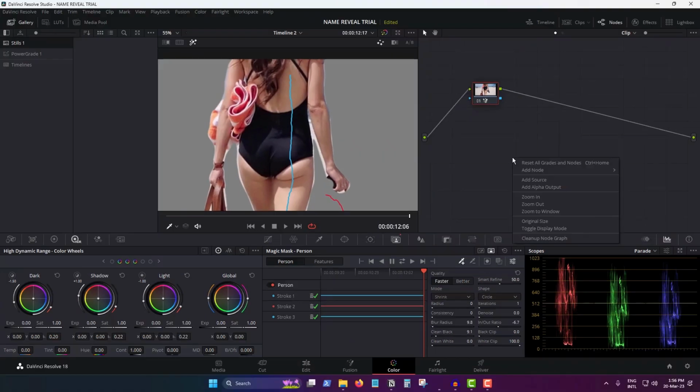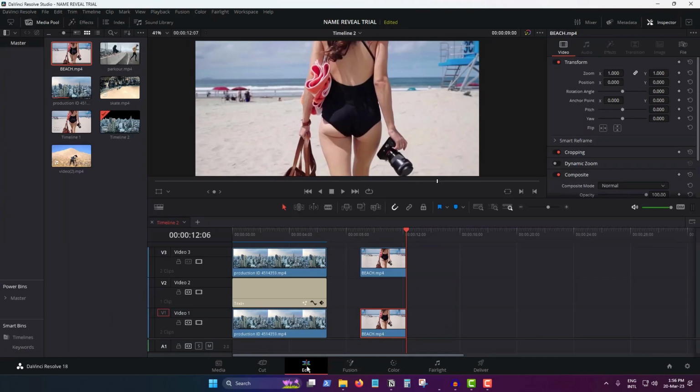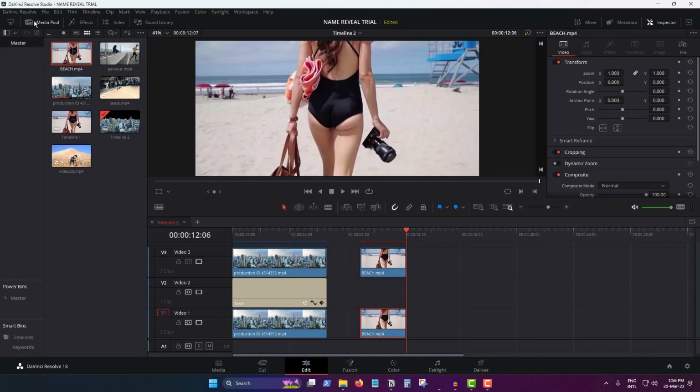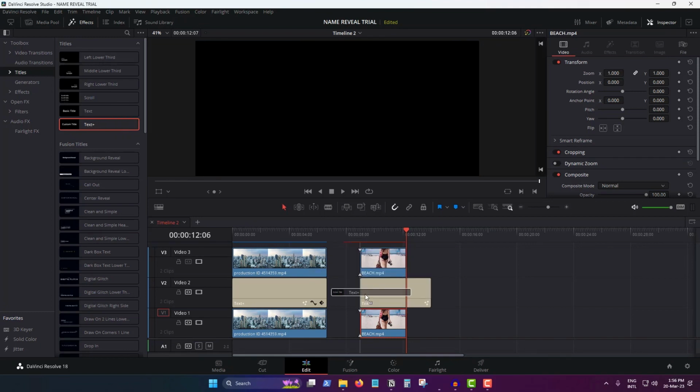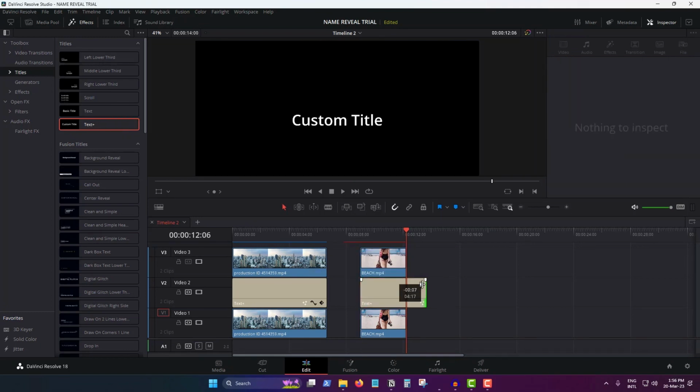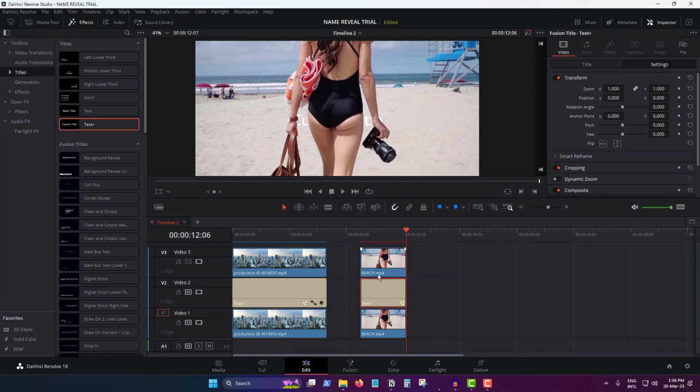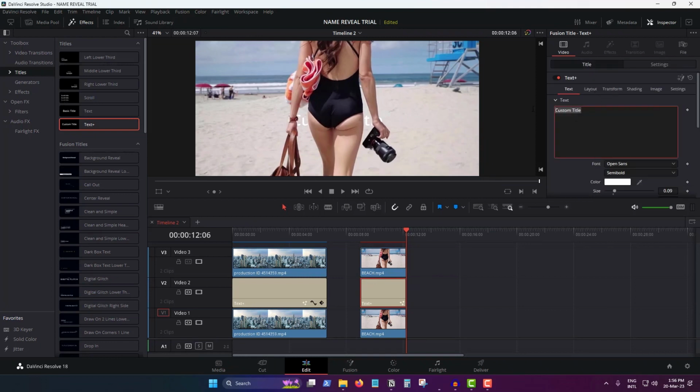And so now once again, I'm going to right click on the node window, select alpha output, going to connect these two, going to go to the edit page and go to effects, go to Text Plus. I'm just going to add a text box right here and going to change the text to beach. We can select anything that we want,